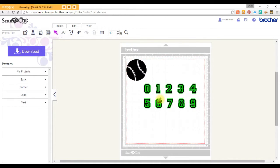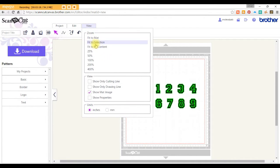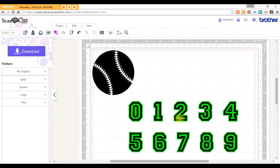And here's what you'll see in the file. Every file has the ball that is appropriate for that, and then the different font. So what you want to do first is decide what numbers you're going to use, and for this I'm going to use 3 first. I'm going to go zen on you here for just a minute. You know, there are many paths to the same destination in life, and so it is on Scan and Cut Canvas. There are many ways to do the very same thing, but today I'm going to ask you to use,